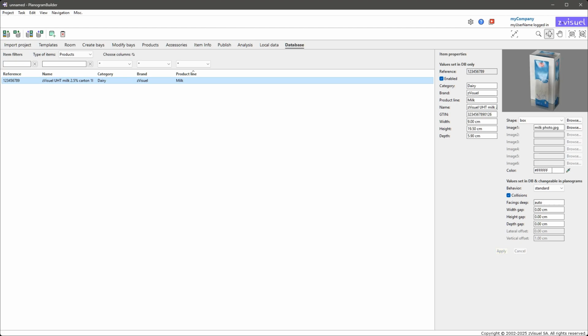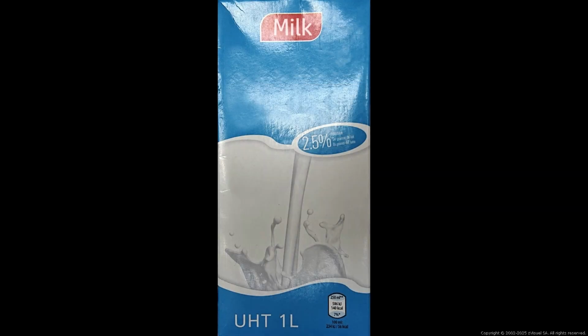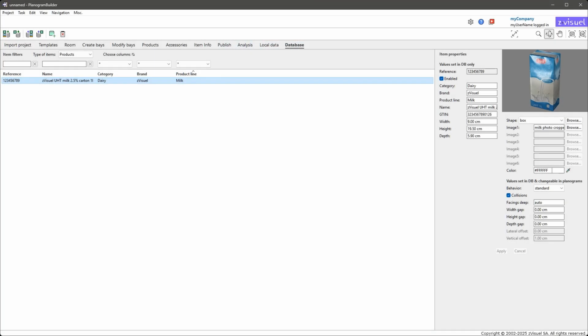You can notice that our example image doesn't fit well because we haven't cropped the photo. Let's upload a nicely cropped picture to fix this. You can use any image editing software to crop your images as in this example. After clicking Apply, the image fits exactly on the box. Above the preview area, there are various tools to manipulate the preview. Using Orbit, drag your mouse within the preview to see the product from various angles. Your product is now ready and is shown in the left pane of the database list.